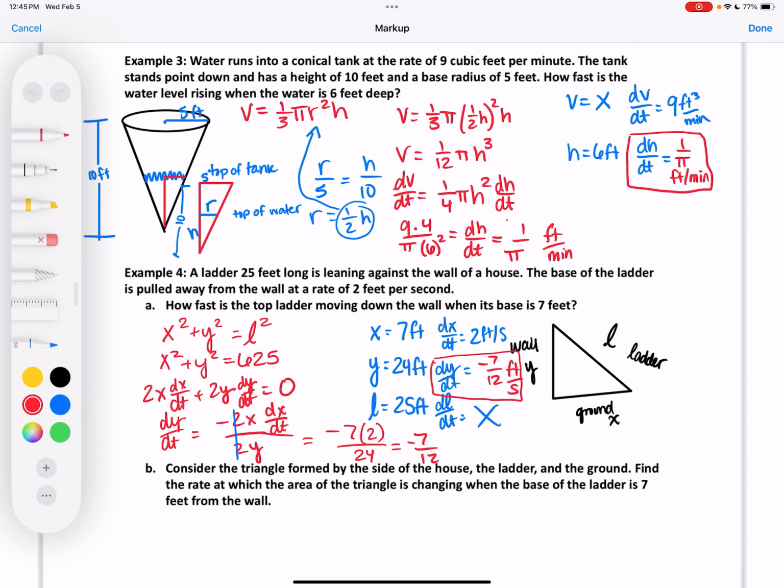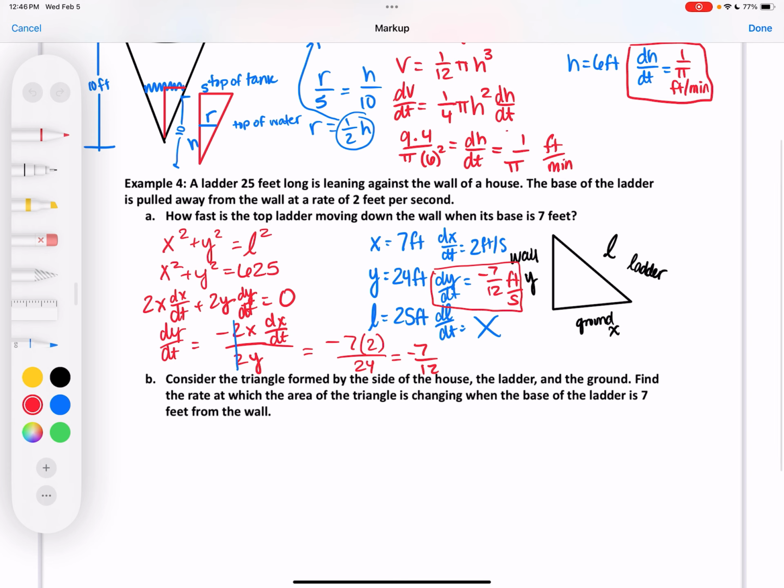Yesterday at the end, we did this one with a conical tank. Example or practice number 2 is going to be the sand falling in a conical pile. So the cone will be facing the opposite way, just for reference, but the setup of it will be very similar to this one. But to wrap up, yesterday we did this example with a ladder against the house falling down,